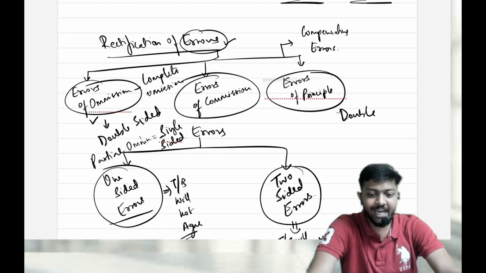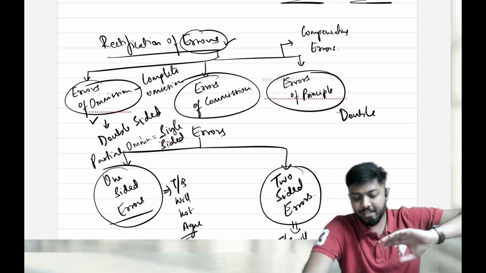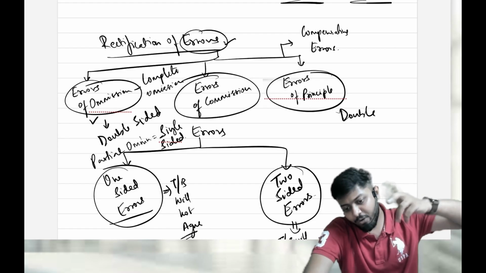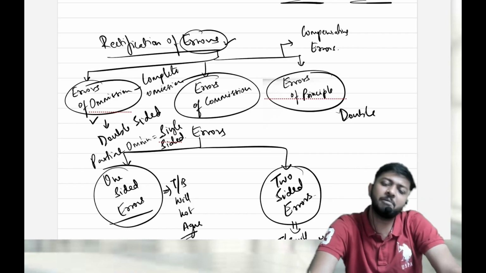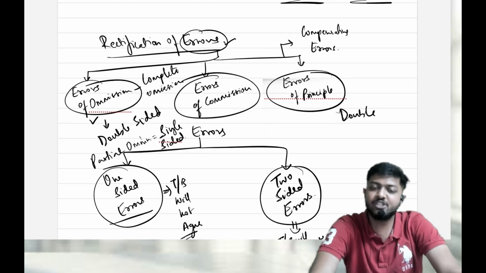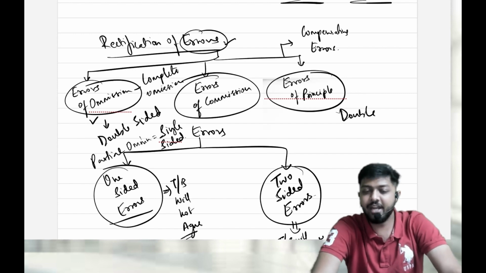That means very clearly I can say that there is some error, because debit and credit are two different things. And generally for every transaction, debit should be equal to credit. At some place what you have done is debit is not equal to credit. That's why your trial balance is not tallying. That means there is an error. Correct? Whenever the trial balance is not tallying, surely there is an error.